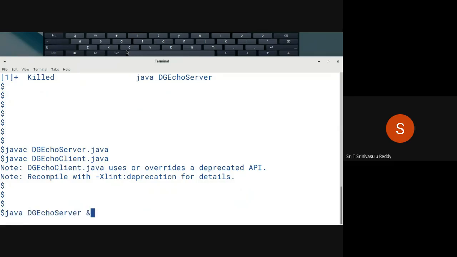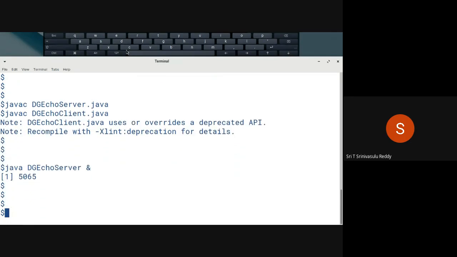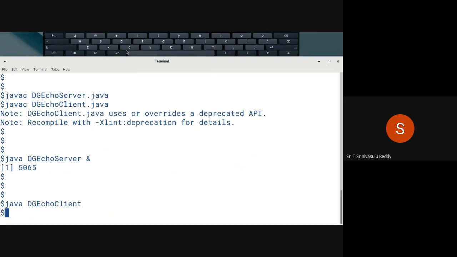This is the server. Run this server. So it is running. Now you have to run the client, java followed by this. Now you can see there is maybe a confusion whether this dollar is from the shell or our own thing. Maybe we will display some other kind of thing, dollar followed by something.